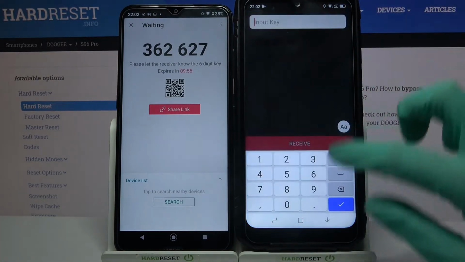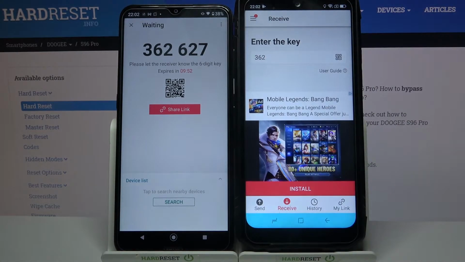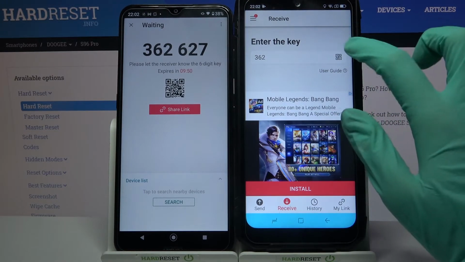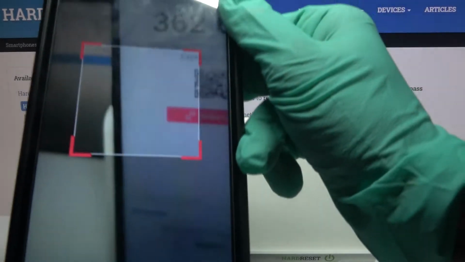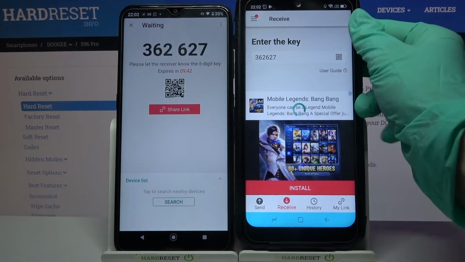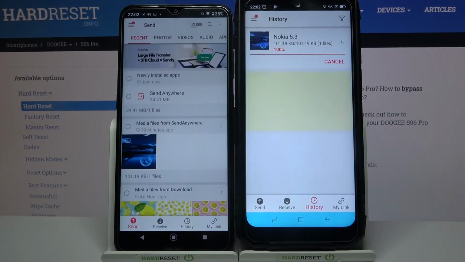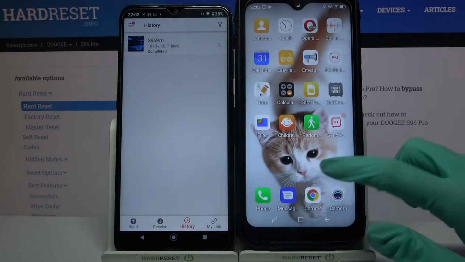You can input this password over here and choose Receive or Scan QR code. In order to scan the code, tap on the scanning icon on DOOGEE, choose Allow and point your device's camera at the code. As you can see, my photo was successfully transferred, but if you want to check it out for sure, you